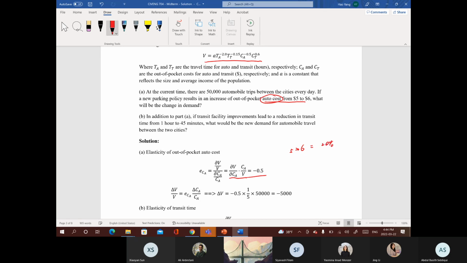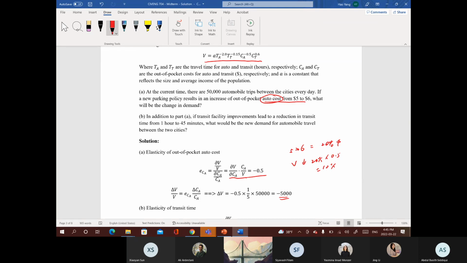It indicates that the volume will decrease by about 20 times 0.5%, that is 10%. So in this case, the reduction of trips is 10% of the total trips,